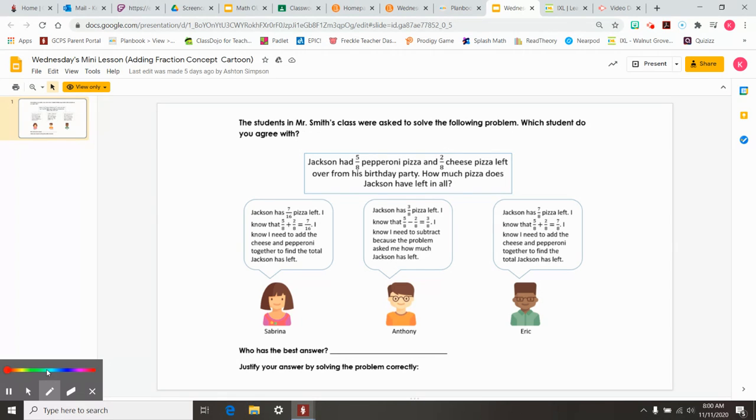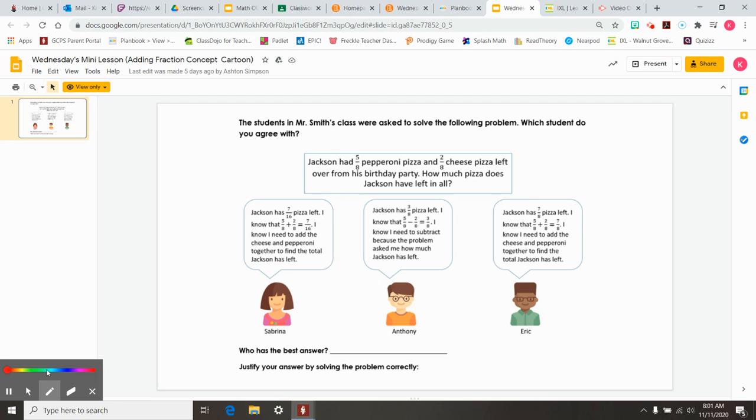We have been talking about adding and subtracting fractions as well as being able to decompose those fractions. And we've also been working into looking at fractions through a word problem. So today we're going to look at this word problem and figure out from our concept cartoon who is correct